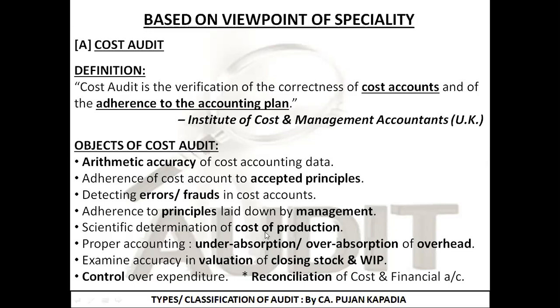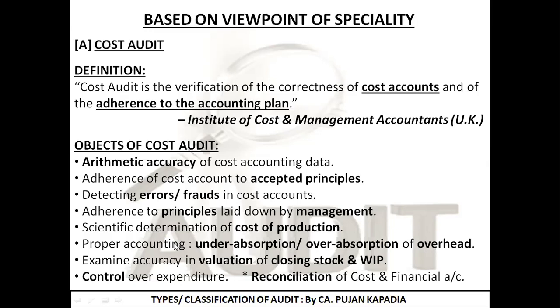Next is scientific determination of cost of production. We very well know that cost of production determination is a part of cost audit. Now I need to check whether a standardized method is being adopted in determination of cost of production. Like you might have studied last year, there was a chapter called unit costing, that is preparing a cost sheet, finding out a product cost per unit. Fine. Now in that, you were following a particular system. First of all, you add direct wages, direct raw material. Then you adjust work in progress. Then overheads and so on. So basically you need to check whether the determination of cost of production has been done in a standardized procedure or not. That is also taken care of by the cost audit.